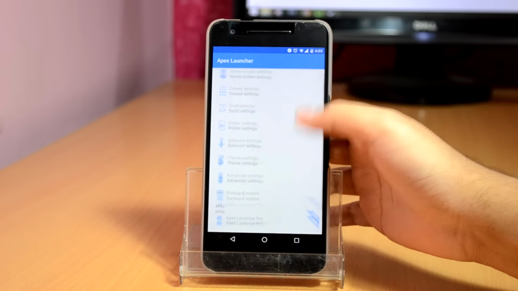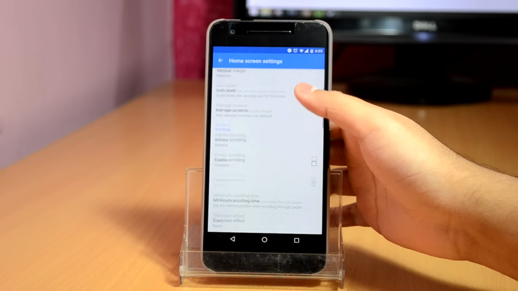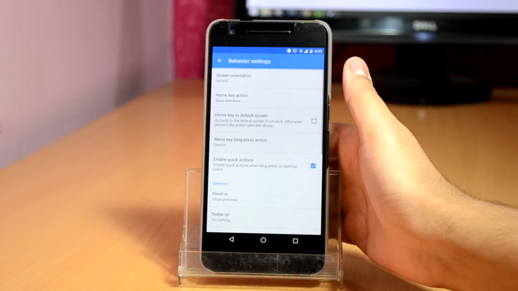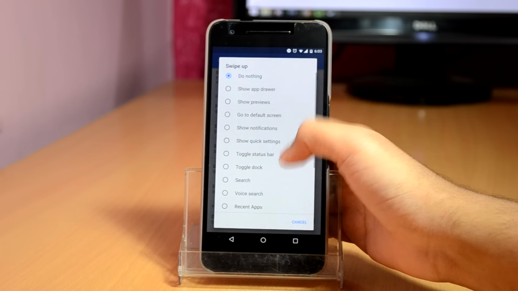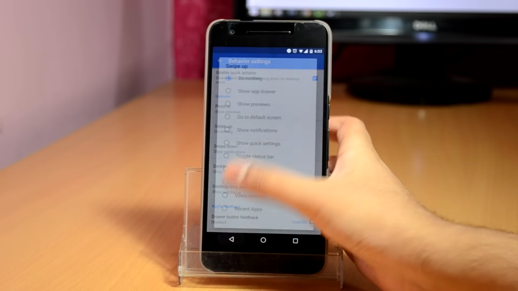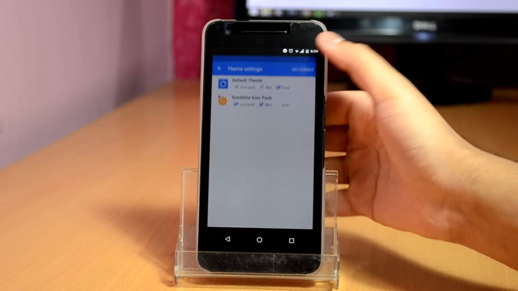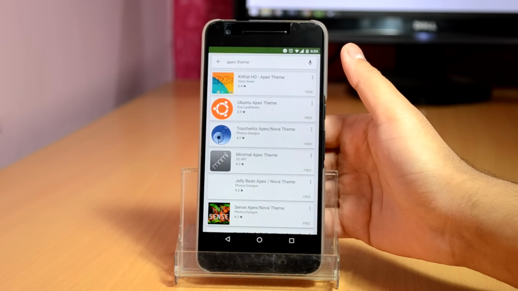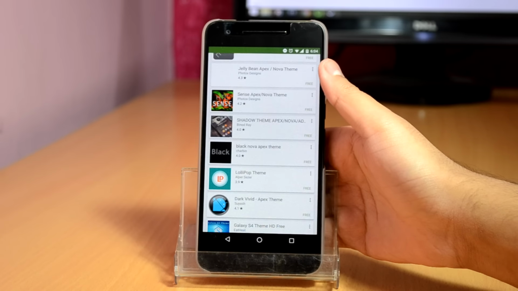I personally prefer the Apex launcher. It allows me to change icon packs, drawer, and home screen settings, set gestures to perform various tasks, and a lot more. Overall, it gives me the ability to completely modify my Android setup and to set it according to my likings. Another very popular launcher that you should check is the Nova launcher, but I personally choose Apex launcher over it, since it offers much more functionality in the free version.